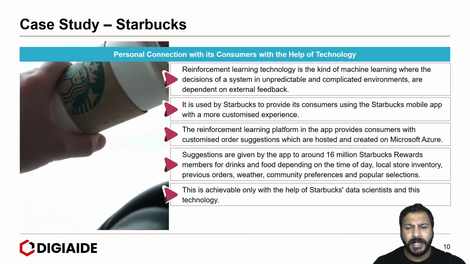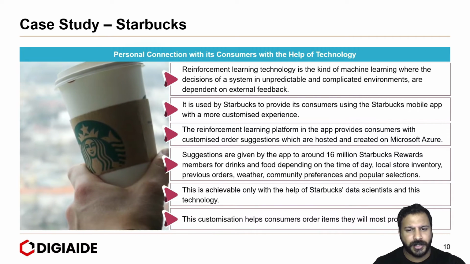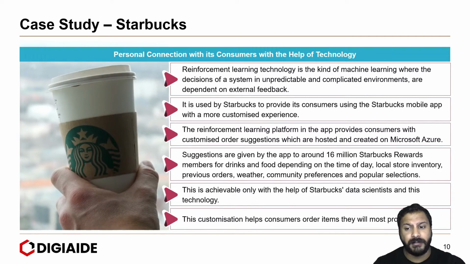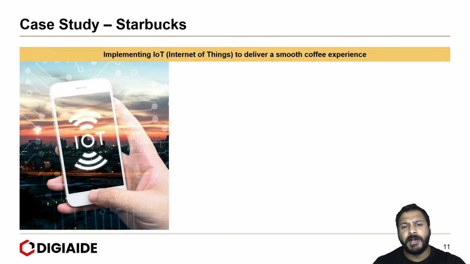This is achievable only with the help of Starbucks data scientists and this technology. This customization helps consumers order items they will most probably like. Now moving on to the other case study of implementing the Internet of Things to deliver the smooth coffee experience